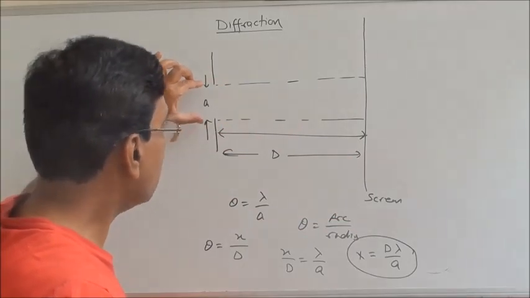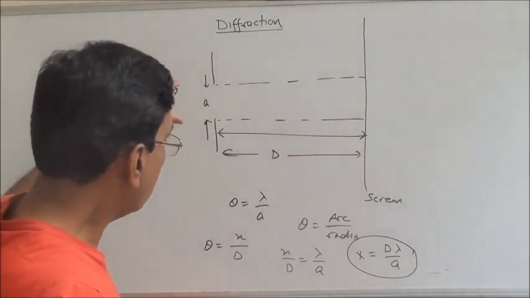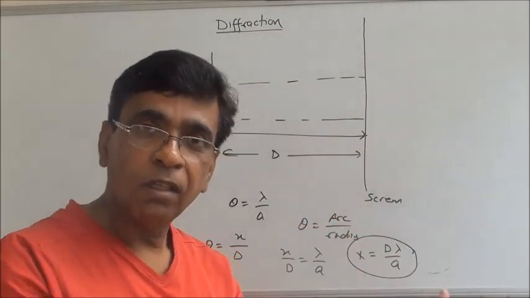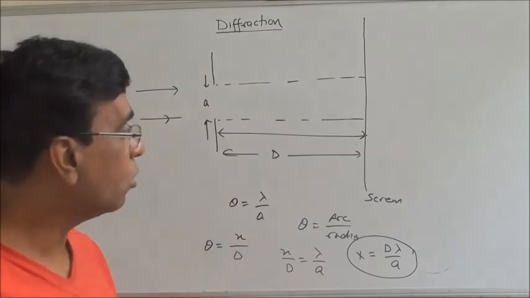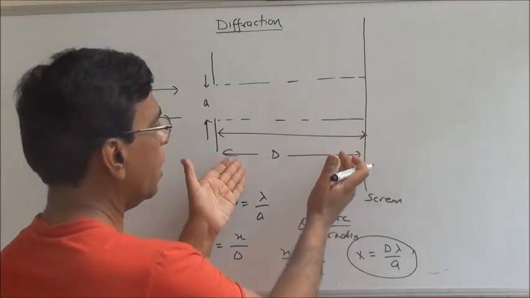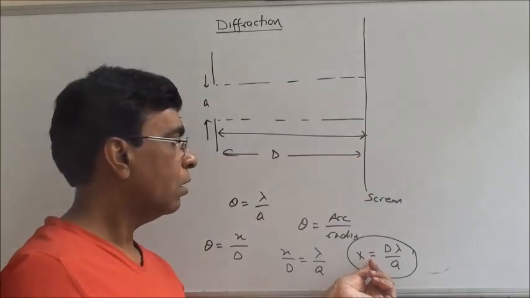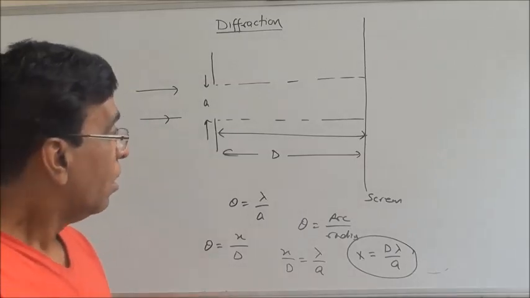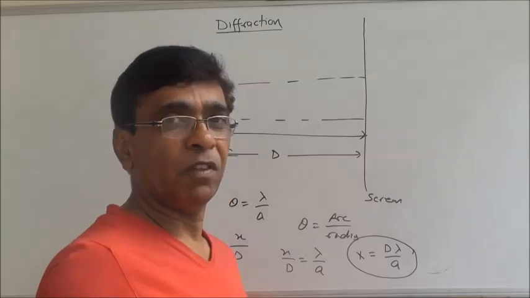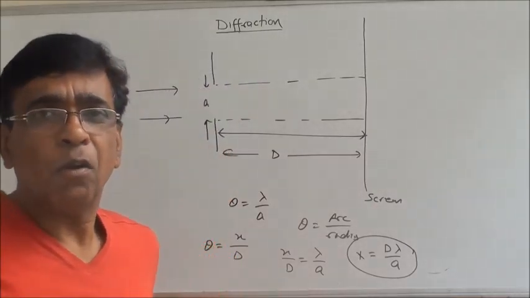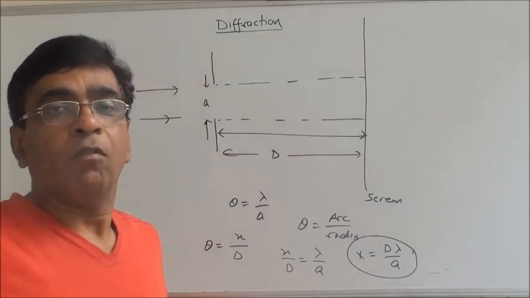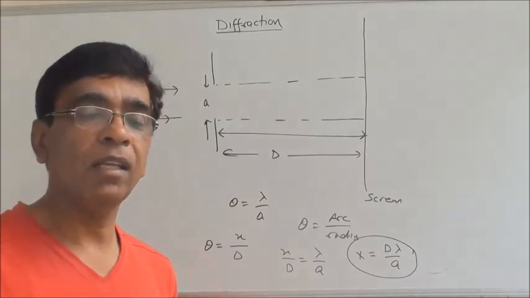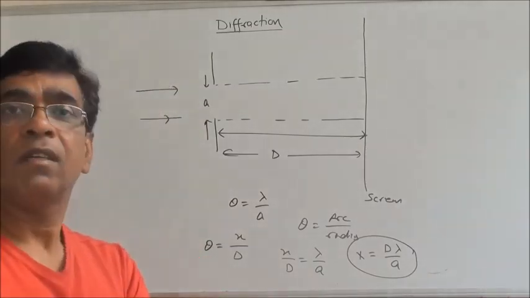A light beam which has a width a passing through an aperture of width a, after passing through it, it will spread, the width will increase because of diffraction, and on a screen placed at distance D, this width will become D lambda by a. Now, rectilinear propagation of light means light travels in a straight line. So ray optics and wave optics, I want to tell you the condition when we can ignore the diffraction, and the condition was set by Fresnel.